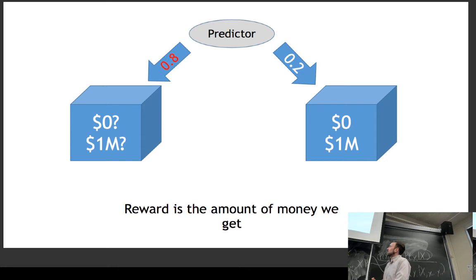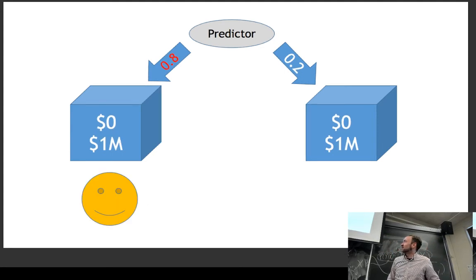So let's say we have a predictor that says, is there money in this box? And the chance of money being in box number 1 is 0.8 with a value of $1 million, or 0. And we have another predictor that says there's a probability of 0.2 that we have money in the second box and the value is the same. Which one do we pick? It's pretty obvious. Who says number 1? It's not a trick question, so you pick number 1 and then you're happy.